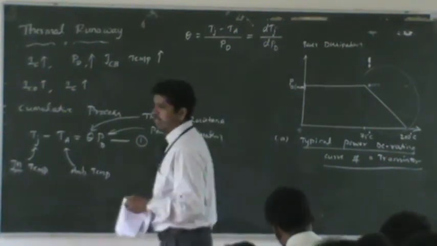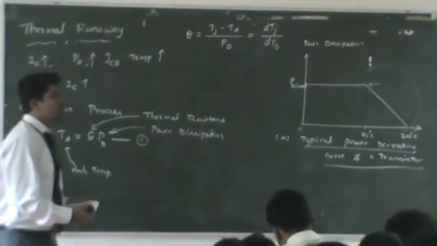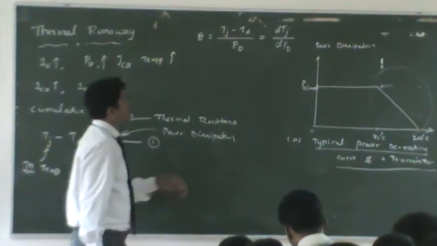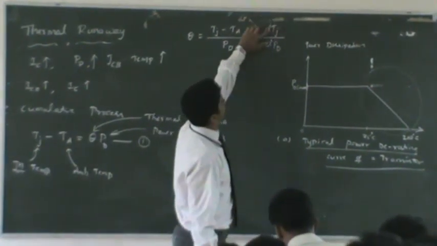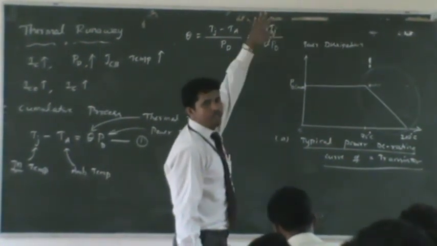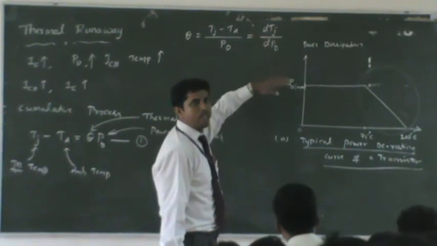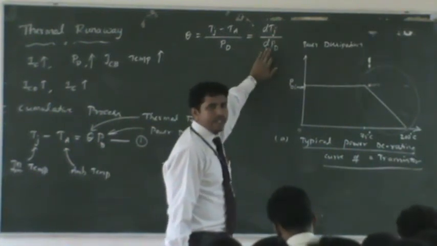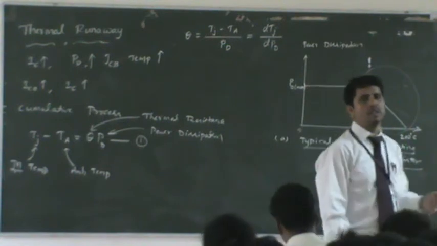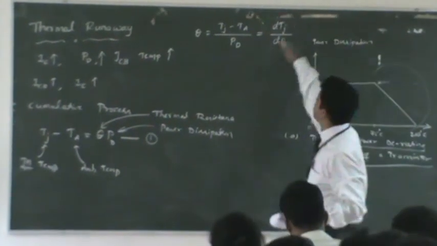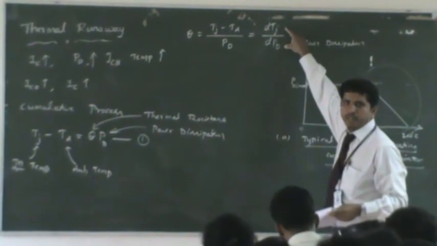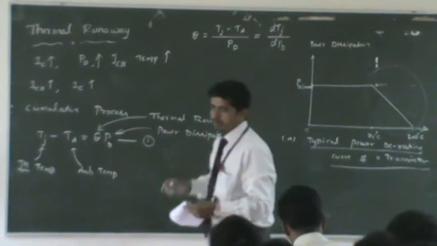When you have a derivative here, you can read that as the rate of change of power with respect to junction. Always read from the denominator and go to numerator. When you have a derivative like this, rate of change. But what rate the power is changing with respect to temperature? That's what we see in the right hand side. Understand? Look at the left hand side.